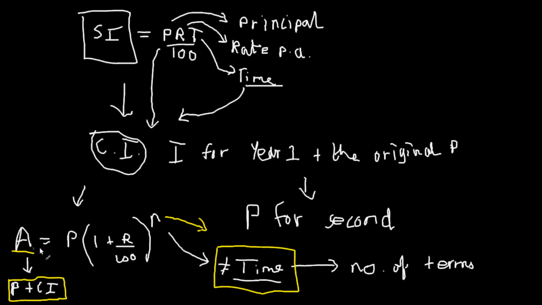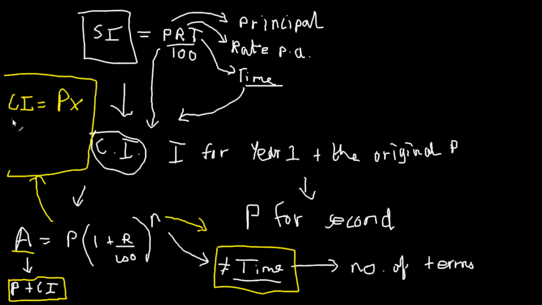And if you want to put it in that form, you can write it like CI is equal to P into 1 plus R by 100 to the power n, and just add a minus 1. And the P is into this whole square bracket. So just remember that. The next part of this chapter basically deals with the problems where you're given the rate